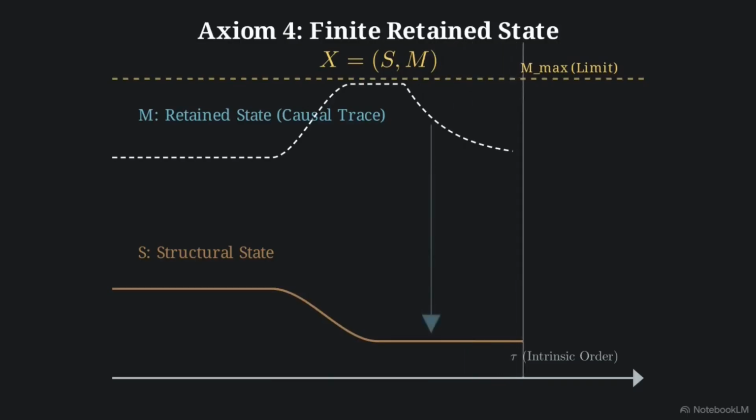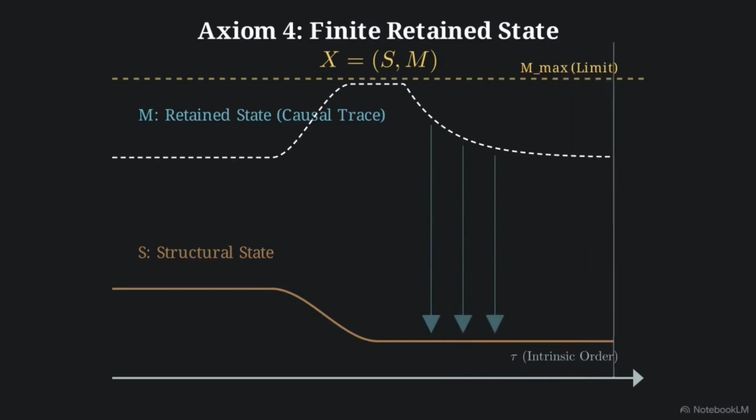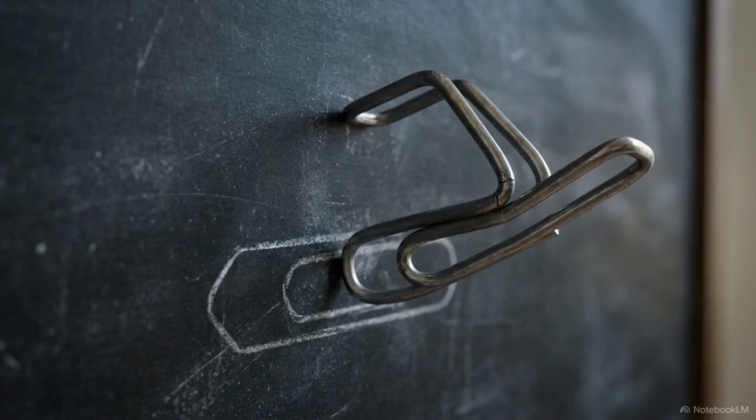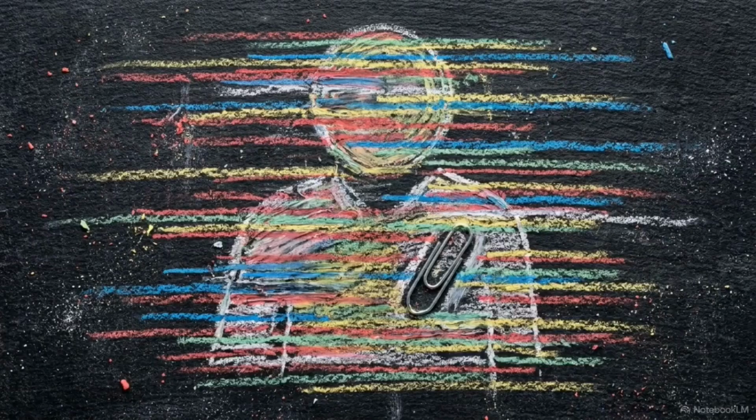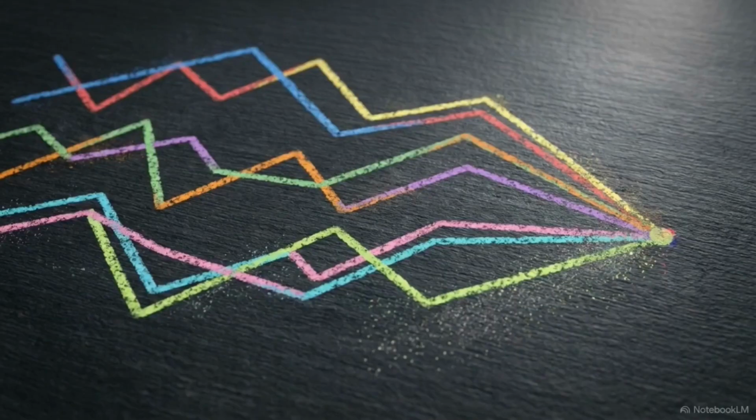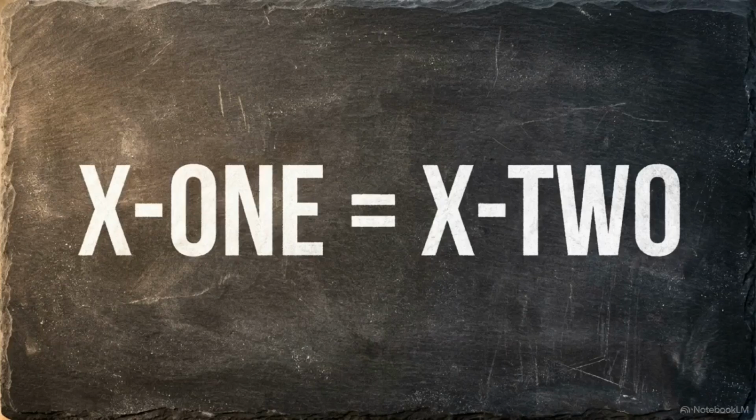It does not accumulate indefinitely, and it often redistributes, dissipates, or releases entirely. If you bend a paperclip, the metal retains a permanent physical trace of the deformation. It holds the present consequence of a past action, but it does not record a perfect retrievable video file of exactly how or when you bent it. Therefore, multiple different evolutionary paths can result in the exact same present configuration. UGM defines these as continuation-equivalent physical histories.